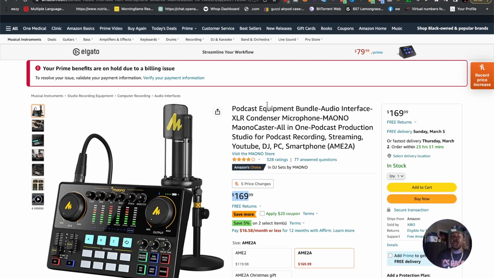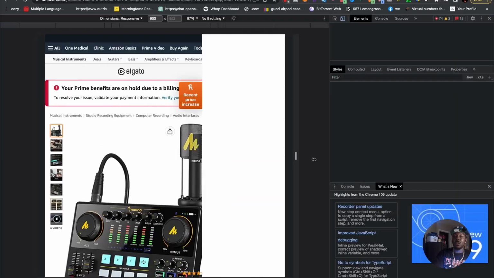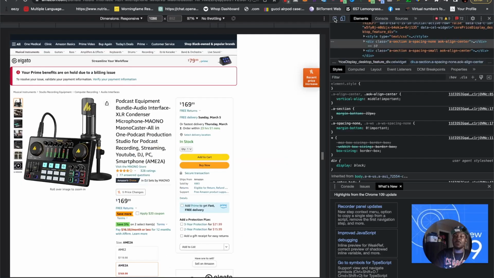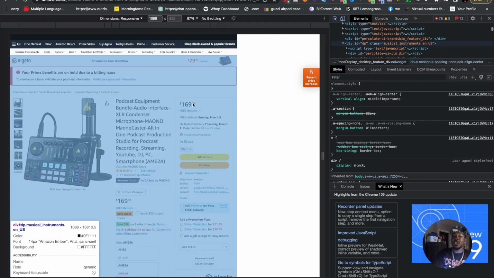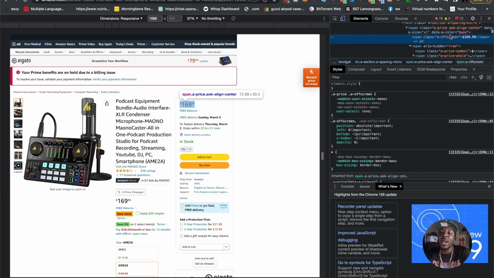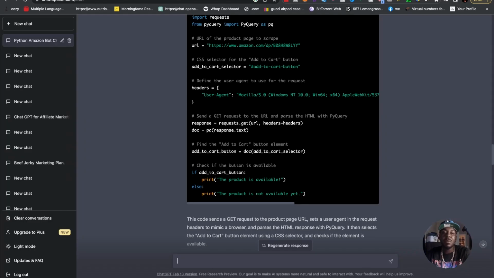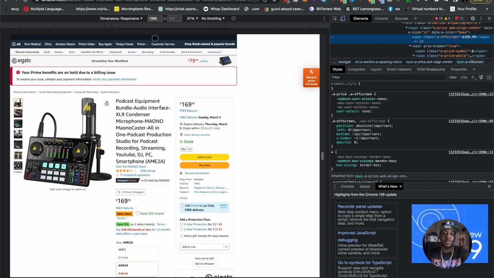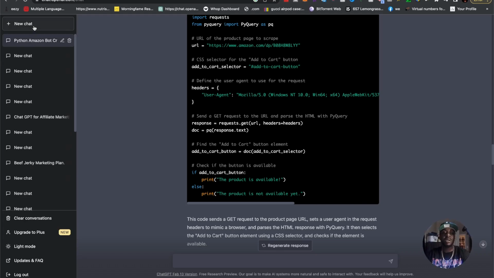But what I've learned from using ChatGPT is that with Python code and scraping pages, you can have ChatGPT break down elements of a page, which is what I did by right-clicking, finding these elements and monitoring them, whether it's grabbing them or whatever. So I'm going to come to ChatGPT because ultimately I want to create a bot that tells me when that number drops. I'm going to open a new chat.